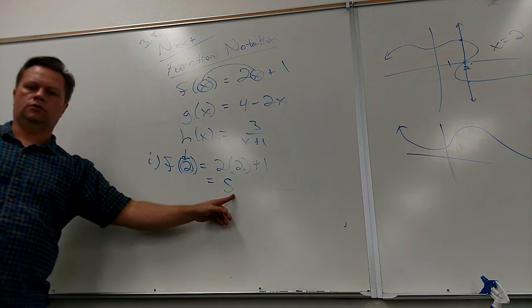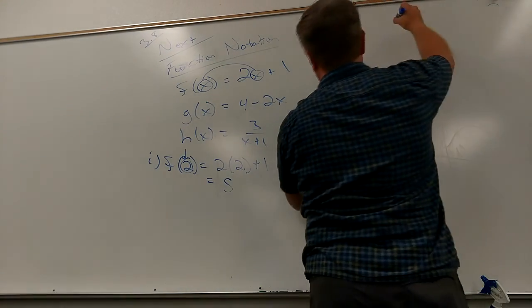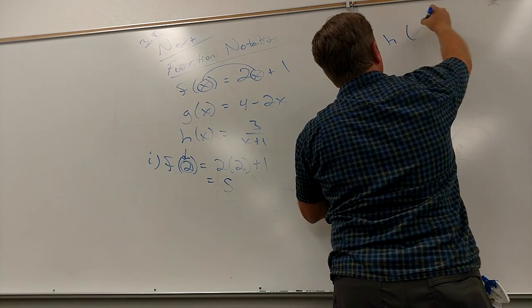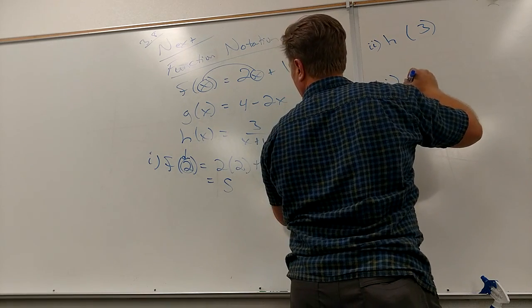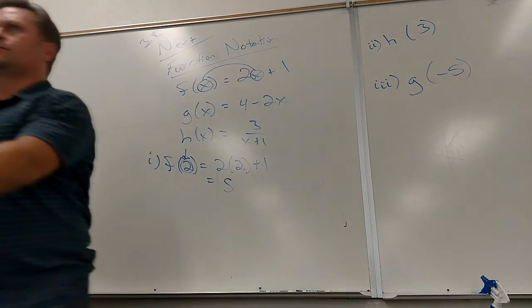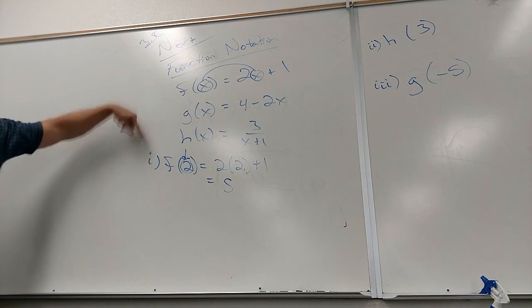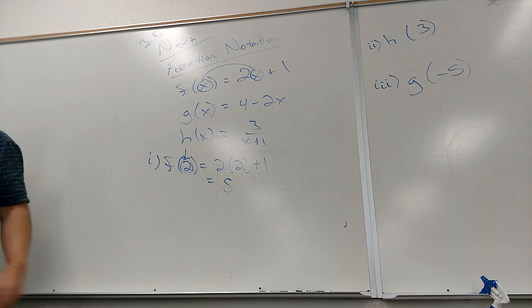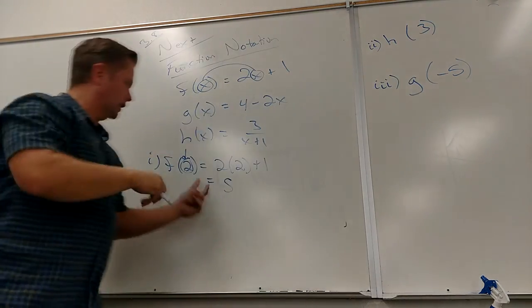I like it. So here, let me ask you some more questions on this. Try to do this on your own. What is h of 3? And what is g of negative 5? So do those two. Oh, you can just plug it into the equation. Same problem, yeah. You're all like, be careful. Do you guys notice this is not h times 3? When I get to this point, f of 2